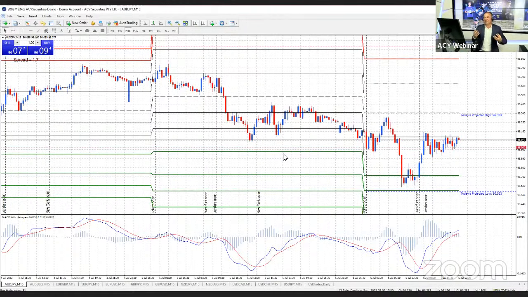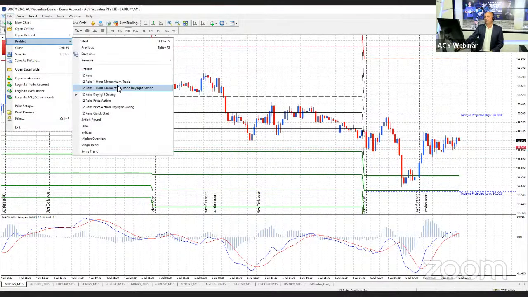So these are the types of things that are taught. And then the real part of it is you can go through and learn all of those in your own time, or your account manager will set it up for you and can also explain the meaning of it as well and answer your questions. So that there is your pivot system. But let's go back now and have a look at the Quick Start.